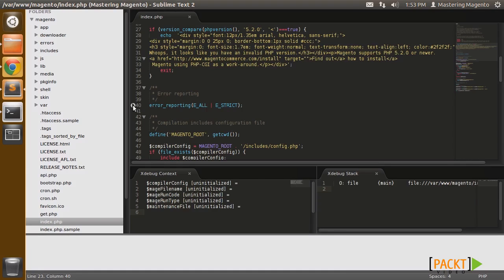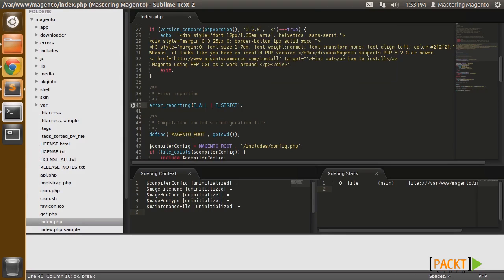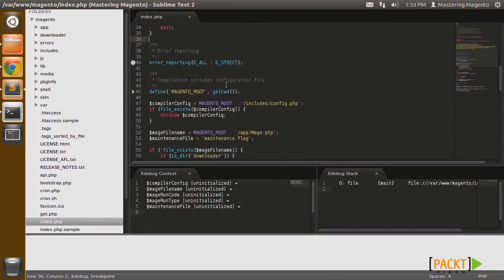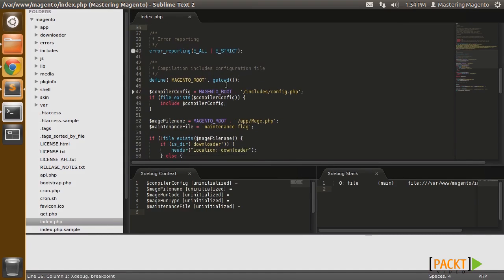You can see now there's a little indicator that we're on line 40. If I Shift F8, you'll see my options have changed. I can check the status. It's telling me that we're breaking. And if I press just F8, not Shift F8, you'll see the menu for interacting with the debugger. So I can step over. That's going to take me to the next line of code. I can continue to step over until,